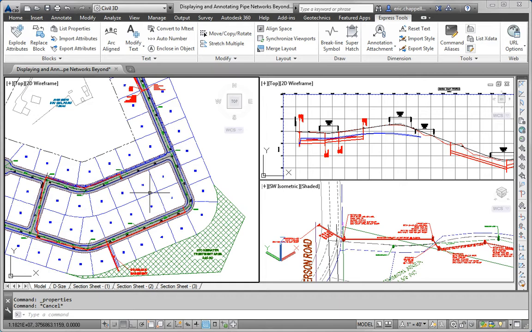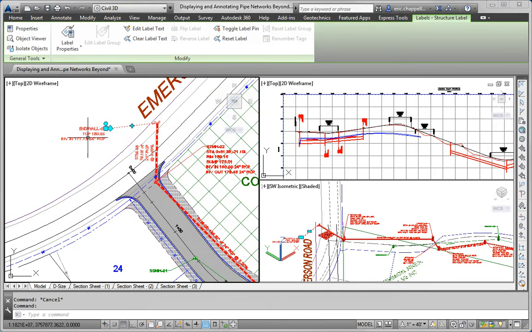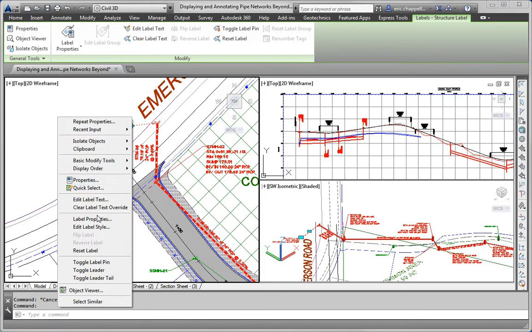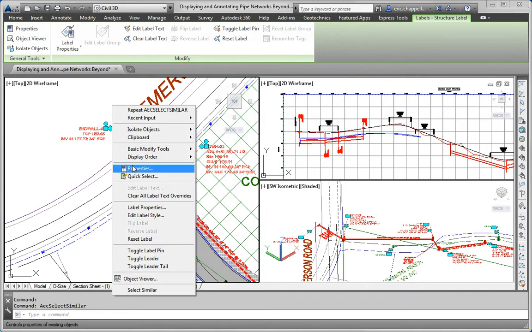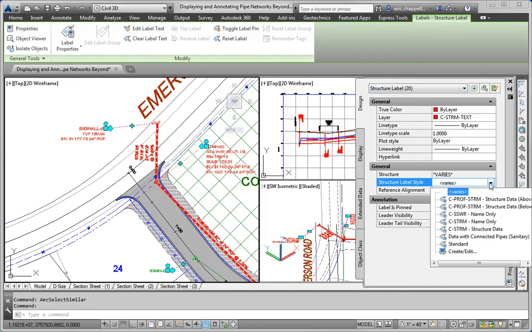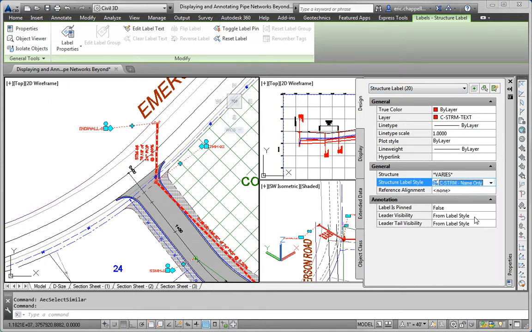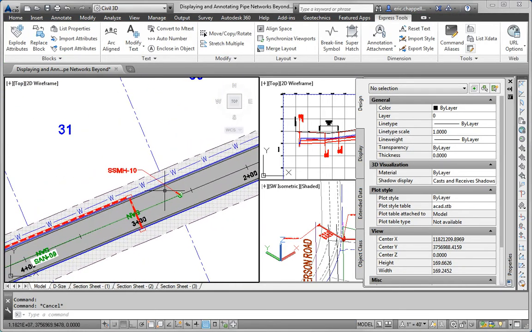Next, we are asked to change all current plan view labels to C-Storm name only for all storm pipes and structures. So how do we do that? I think we'll use the same tool. I'm going to select a structure label and do Select Similar. Then I'll go to the Label Properties command, change the style to C-Storm name only,